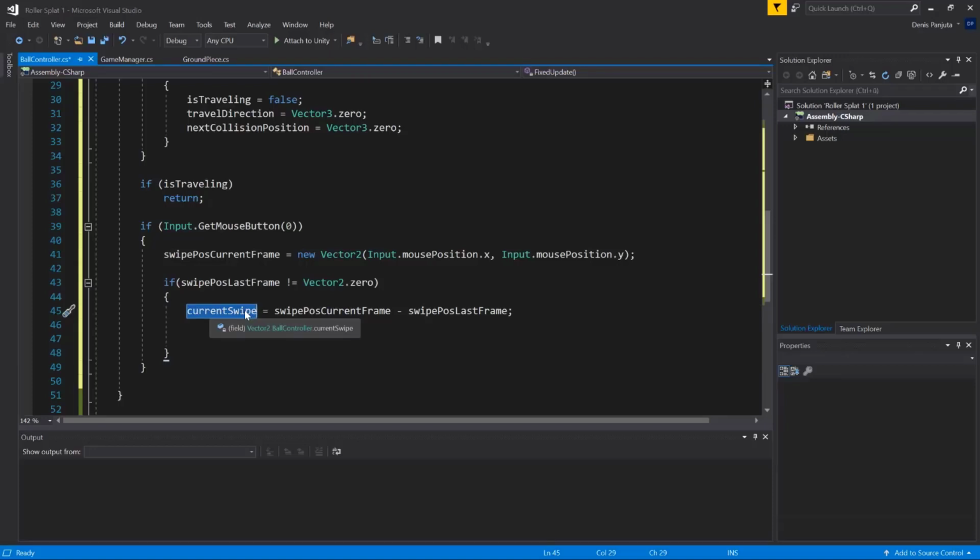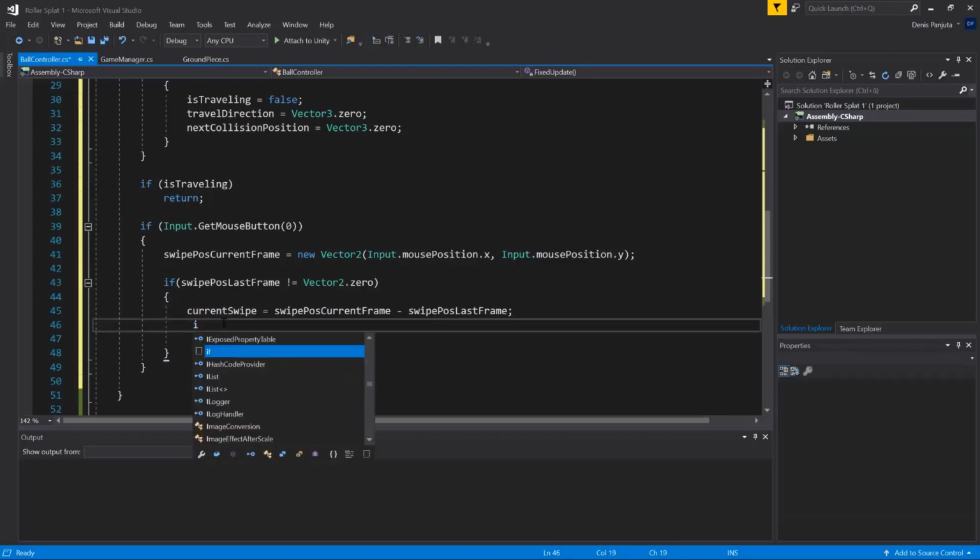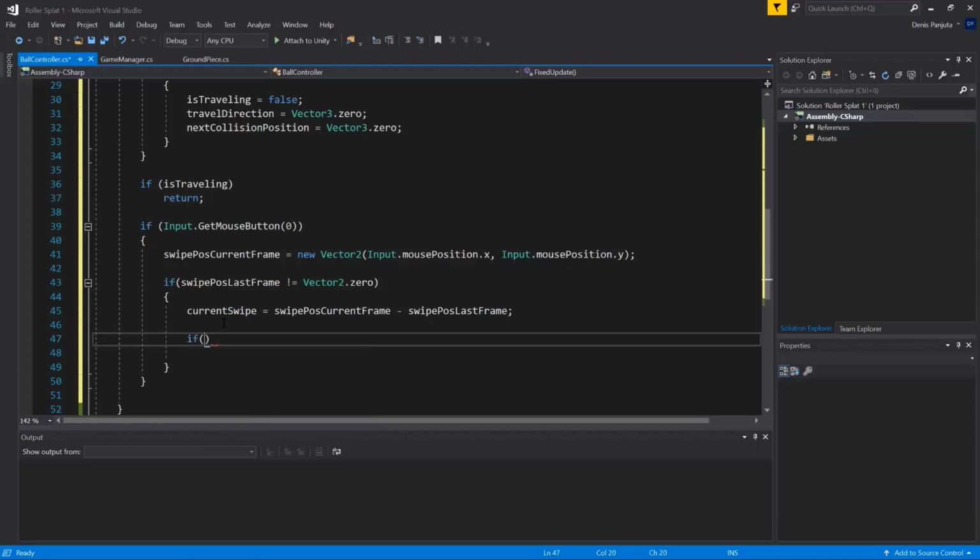So it just says, okay, let's say your finger traveled in this time of 33 milliseconds. It traveled, let's say, 5 millimeters or 10 millimeters, like 1 centimeter, for example. Then that will be stored in this variable called current swipe. Okay, now we can go ahead and say if current swipe dot square root magnitude is lower than min swipe